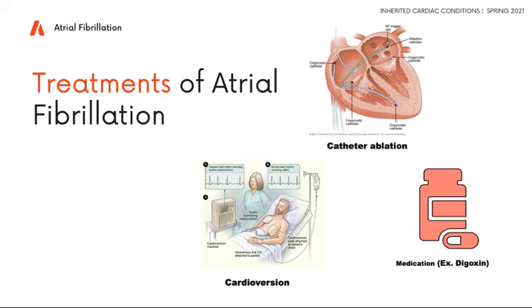Another form of treatment is a non-surgical procedure known as catheter ablation. This is where a thin, flexible tube known as a catheter will be inserted into your blood vessel and guided to your heart. There, it will begin to zap the spots of your heart that are causing these arrhythmias, which will hopefully result in a correction of the electrical current within the heart.